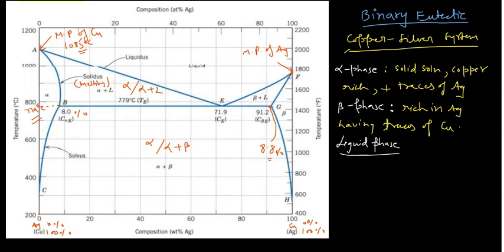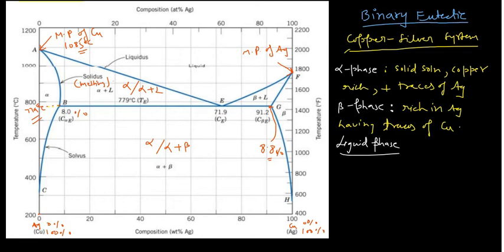So this is something very, very important. And again you see the regions, you can see here there are three two-phase regions. This is alpha plus beta, this is alpha plus liquid, and this is beta plus liquid. So these are the three regions. If you want to study this in detail, you can use the lever rule or the tie line rule, but I am not going to discuss that much because it is not necessary, especially for the BTech first year student.